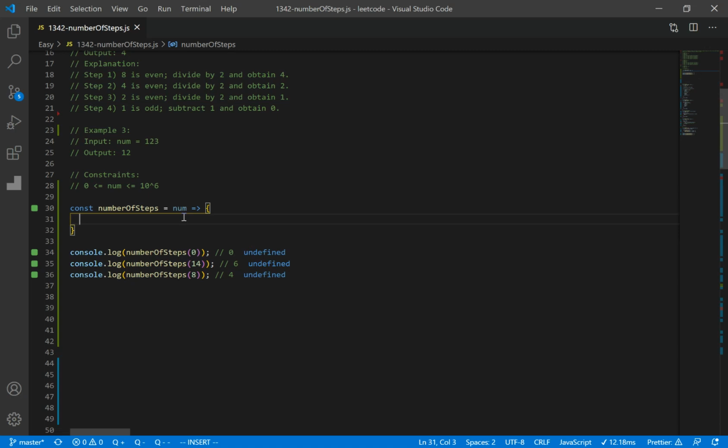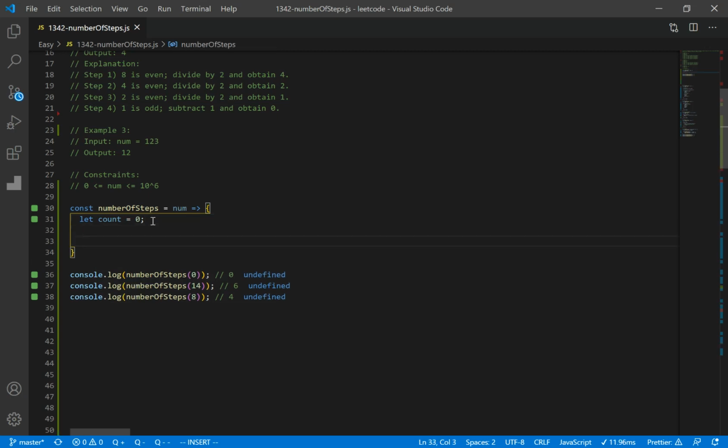Okay, first thing we're going to do is declare our function number of steps, which takes in a number which is an integer. And we're going to make a count variable that counts how many times we did our operations. And we're going to make a while loop. So while the number is greater than 0,